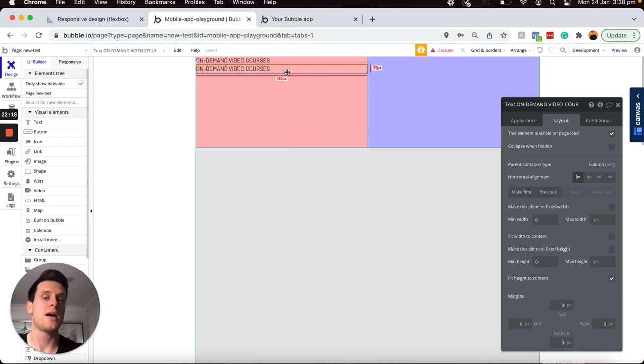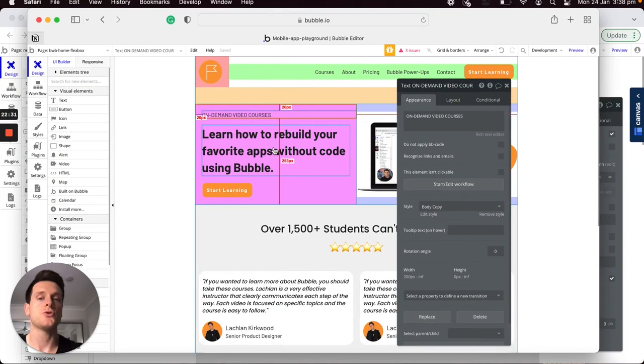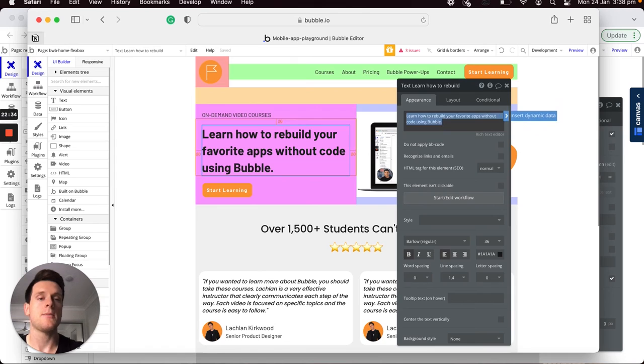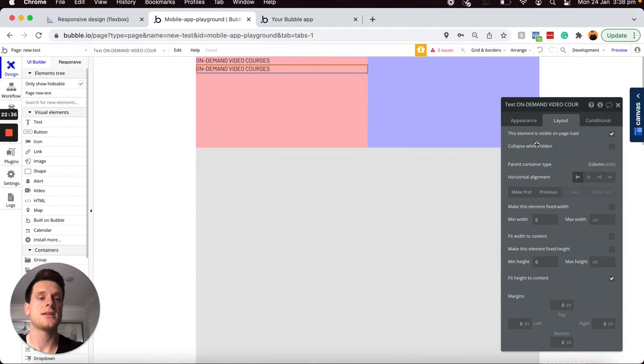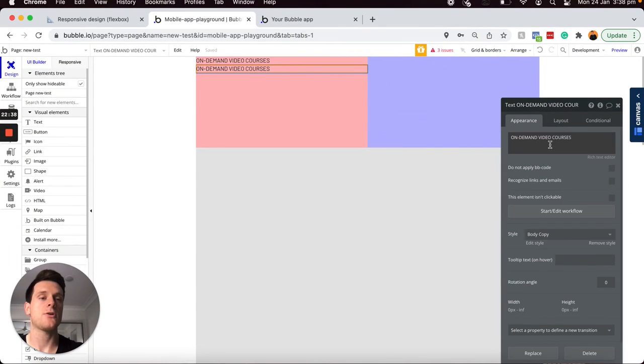And I don't know if you saw that because they are identical. It just moved the position of where it sits within our overall container here. But within this text element, what I'd like to do is just copy across some additional text. So I'm just going to head over into my separate Bubble editor. I'm going to copy this text, jump back over into my appearance for this element, paste that in, and I'm